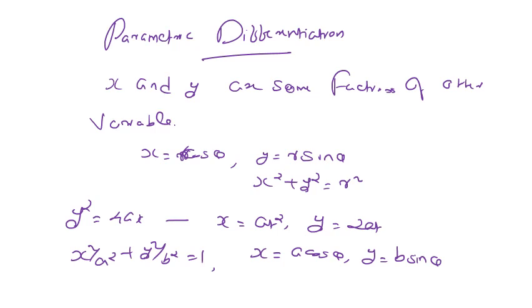So here in the question they are giving x in terms of theta or t and y in terms of theta or t. You have to find out dy by dx. So we will start with one example. x is equal to at squared, y is equal to 2at. So what you have to do: x is a variable in terms of t, so you have to find out dx by dt. What is dx by dt?